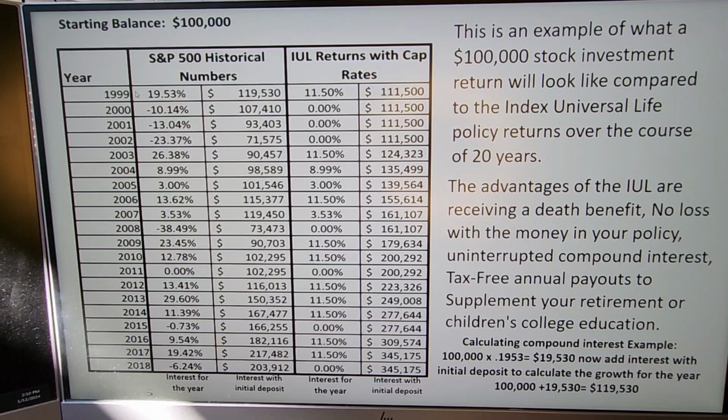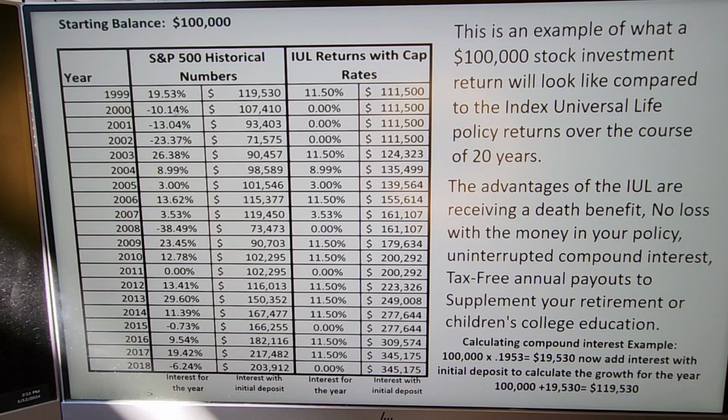In 1999, there was a 19.53% return, and you gained $19,530. But with the IUL, it capped out at 11.5%, giving you $11,500 in return. But as you see, in year 2000, there was a negative